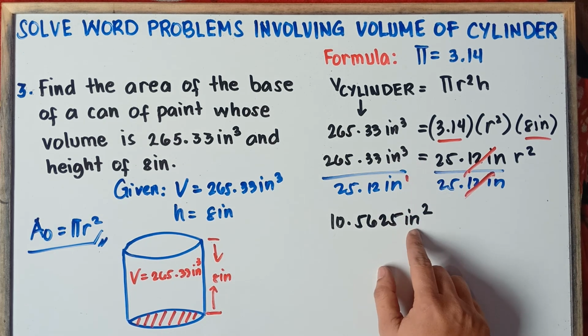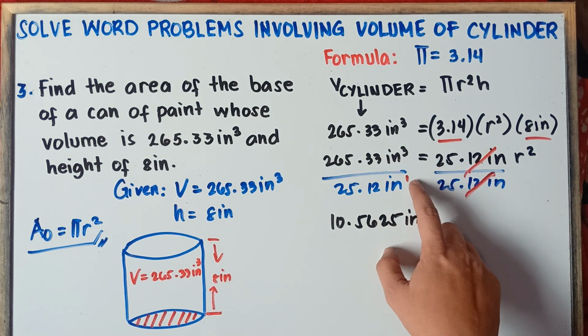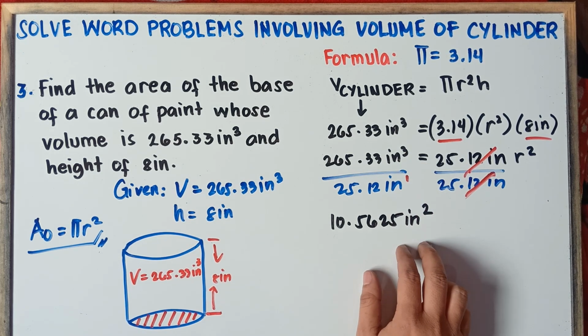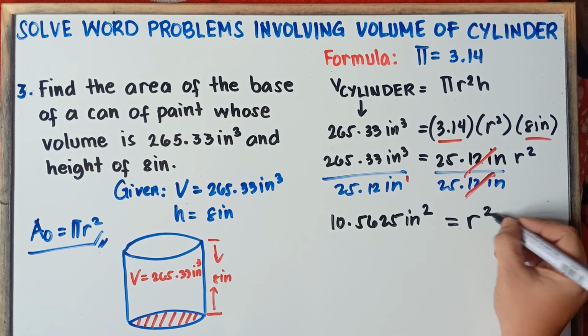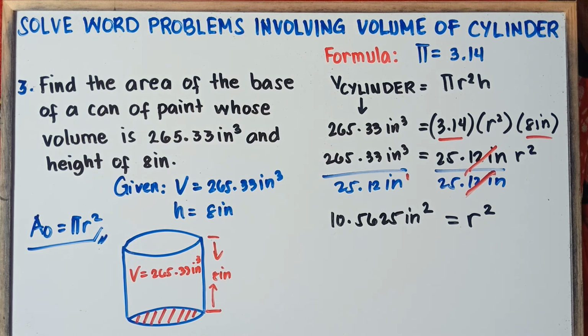Same base, copy inches, subtract the exponent. 3 minus 1, that's 2. So that's why we have square inches. And then equals, copy r squared. Alright, and then last step, class, to find the value of the radius, you extract the square root of both sides